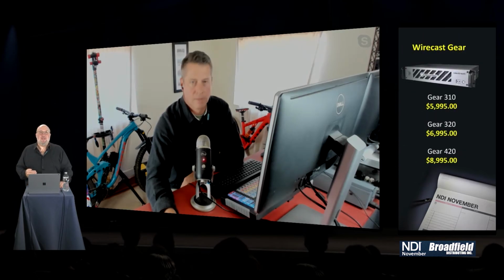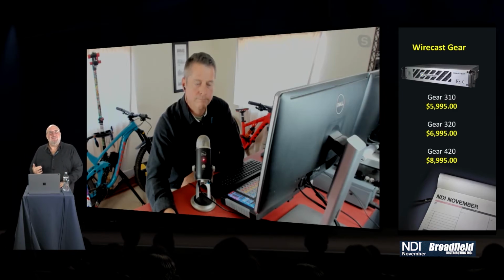The 420 is adding some really cool stuff. First of all, through more I/O, you can actually have SDI coming out to feed whatever you wanted in your facility. If you were a church, you could have SDI going out to cameras in other rooms. You can have your SDI output wherever it needs to feed into. But what I really love is it's also got a discrete GPU. And that NVIDIA GPU means you could do these encoding things.